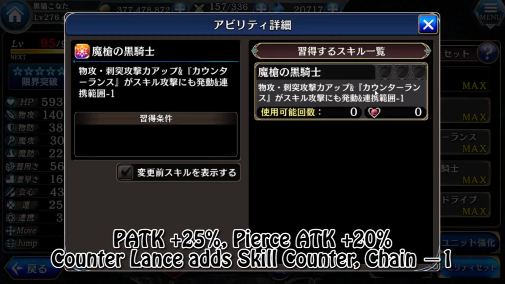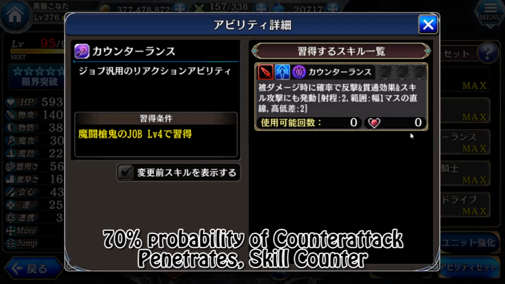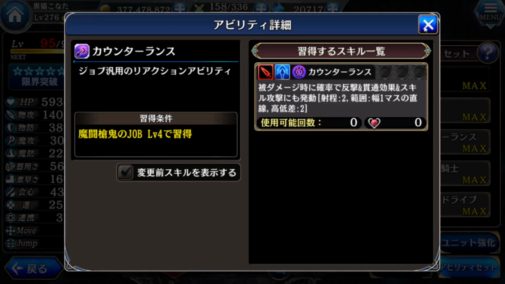And then the counter lance will have the skill counter, but the combination chain attack will be -1, but it really doesn't matter that much. And then this reaction skill, it's a property of counter attack with penetrate effect. And then with the passive equip, you see the skill can be animated, but the range is only 2. And then